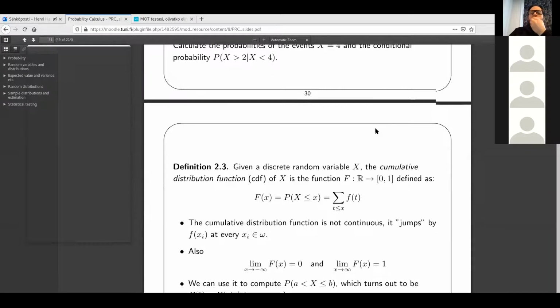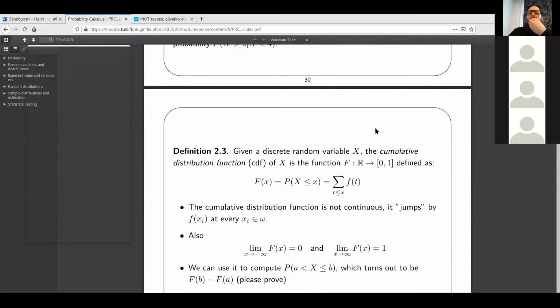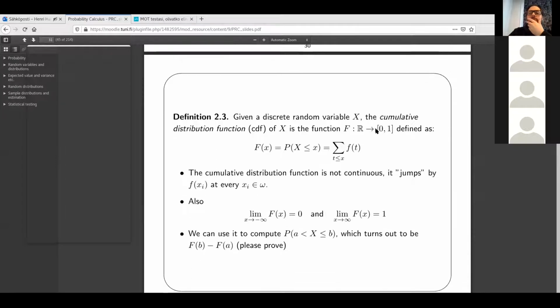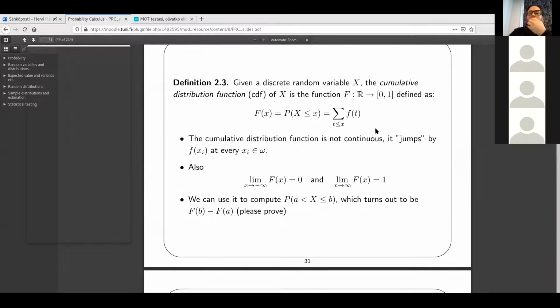In addition to this random variable's probability density function, we often define a cumulative distribution function. This doesn't make sense in all sample spaces, but it makes sense when the sample space is ordered in such a way that it makes sense to talk about the order, x being smaller than or equal to something. Usually we do have a mapping into real numbers such that this makes sense, but it doesn't necessarily have an intuitive or reasonable